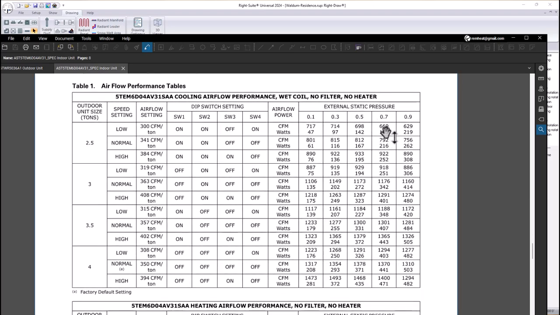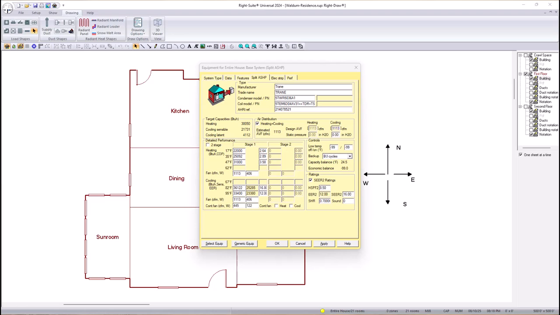We're going to put a 0.7 static pressure, and for a 3-ton unit you have normal. See, we're going to go normal. These are the DIP switches, where you can set it up in the control board. But assuming that, for 0.7 we have 1176 CFM as my design CFM, based on